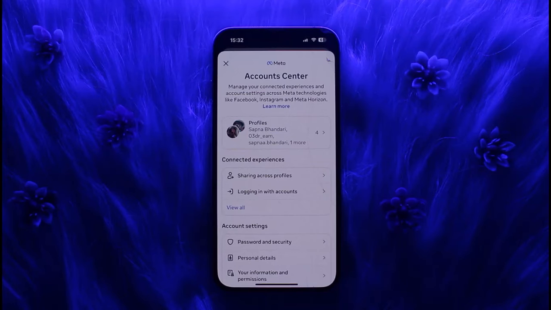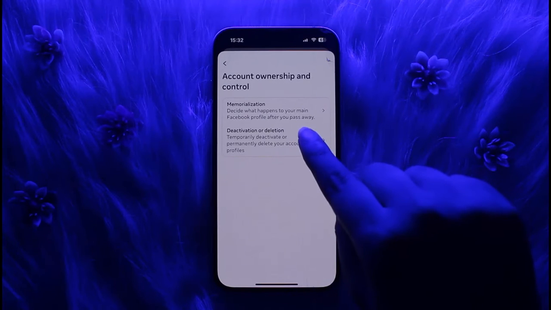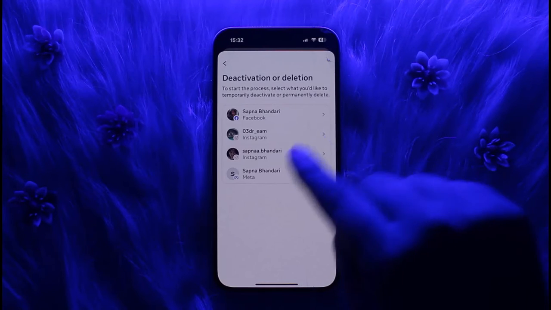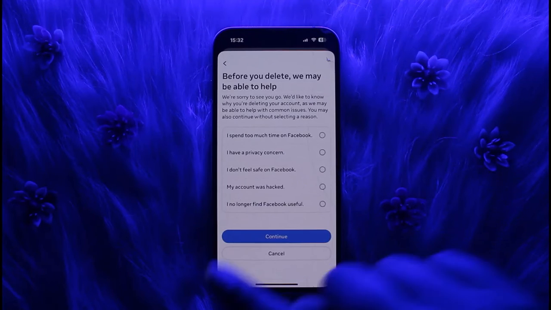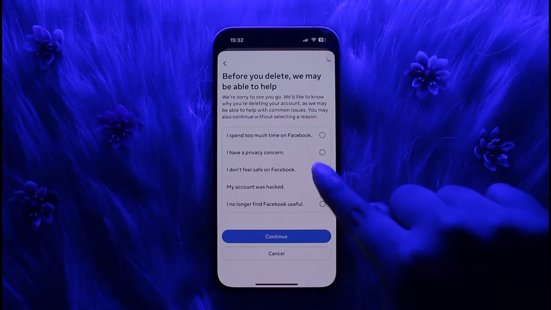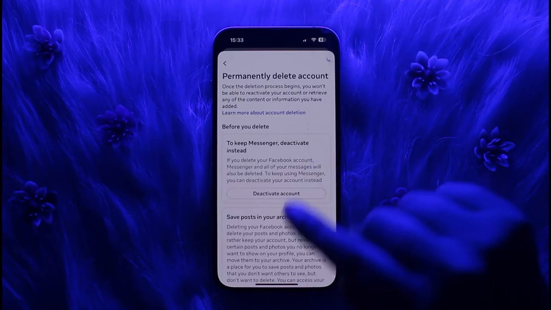And from this section you're going to go ahead and tap on this personal details option, and then tap on account ownership and control. Choose deactivation or deletion. Choose your Facebook profile. Choose delete account, tap on continue. Choose a reason, tap on continue. Tap on continue again, and then